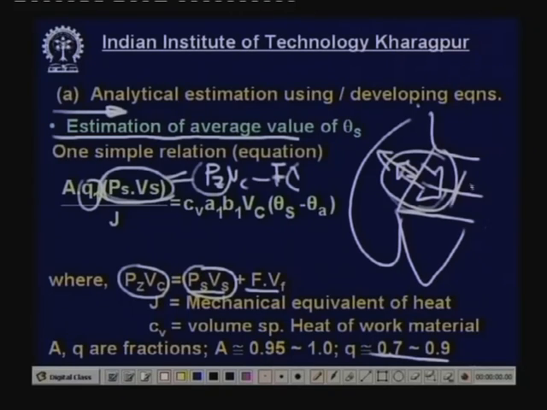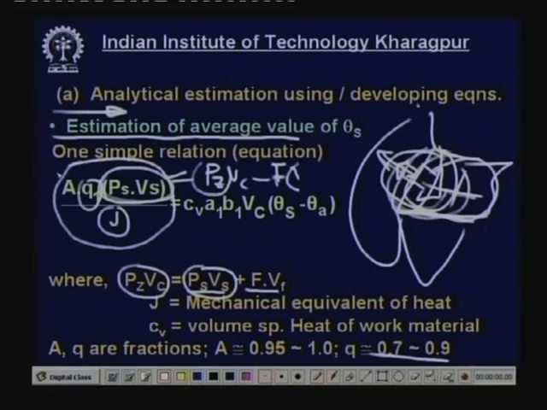All right. Now, the chip which is coming out receives from the shear deformation this amount of mechanical energy multiplied by A and Q1. So, A into this one is the heat energy and Q1 is the fraction that goes into the chip, and 1 minus Q1 goes into the tool. So, this is the heat generated, divided by J, the mechanical equivalent of heat. So, this is the amount of heat produced and absorbed by the chip due to shear